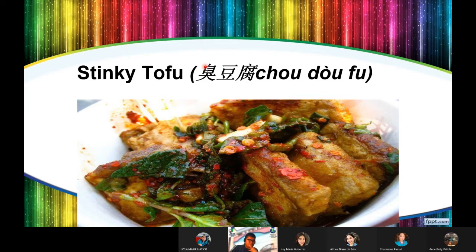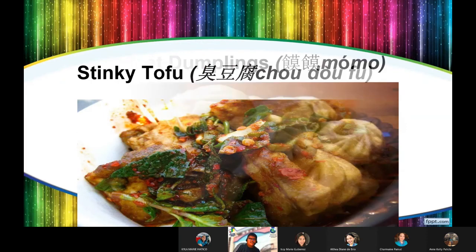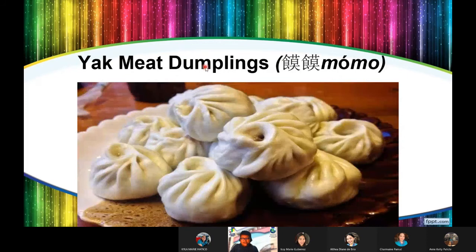It's not usually served in restaurants because it smells, so it's usually street food. So that's stinky tofu or chow tofu. Okay. Another unique